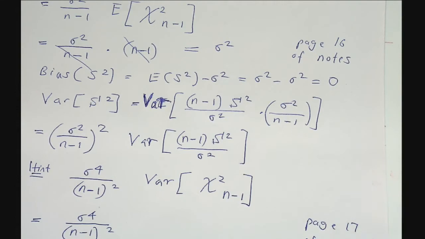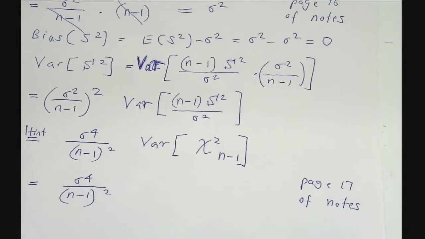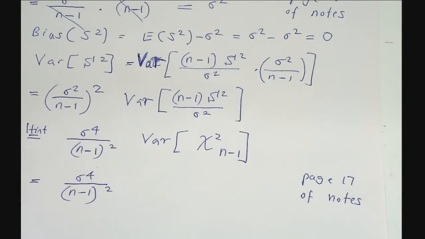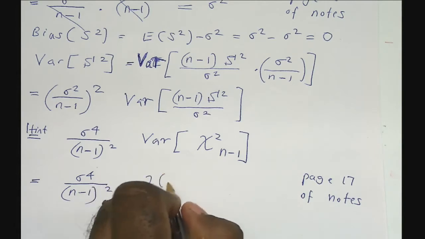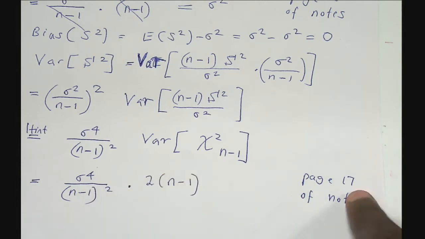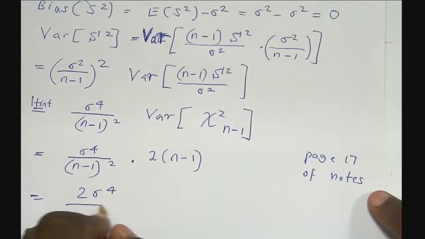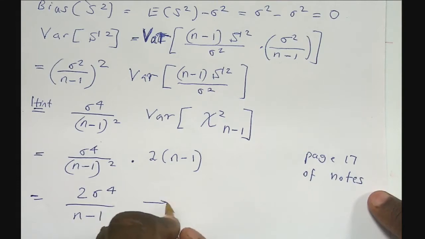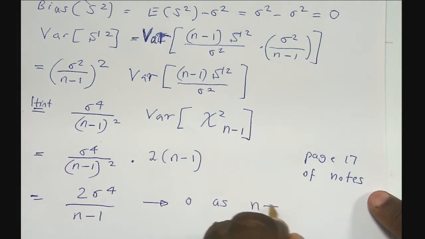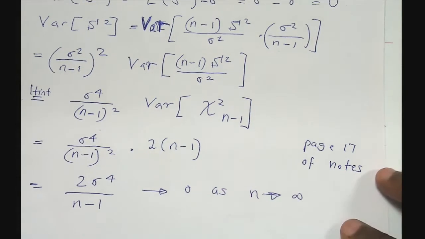You will see there is a formula there which tells you that the variance of a chi-squared variable is equal to 2 times the degree of freedom. So in this case, the variance of a chi-squared variable with n minus 1 degree of freedom is equal to 2 times n minus 1. If you look at this page, guys, you see that. So this is 2 times sigma to the power 4 divided by n minus 1, and this approaches 0 as n approaches infinity. Hence,